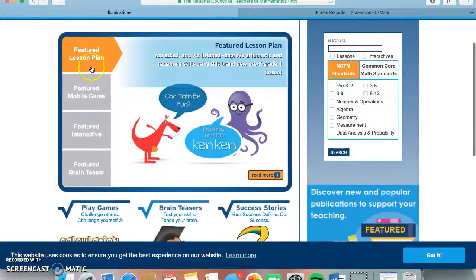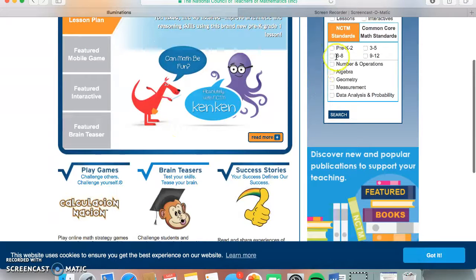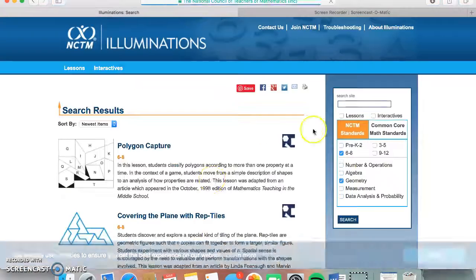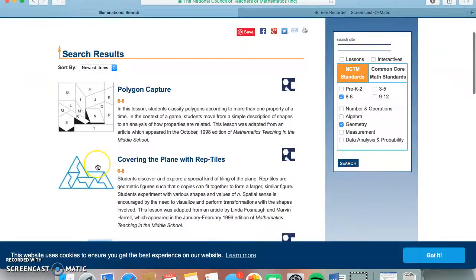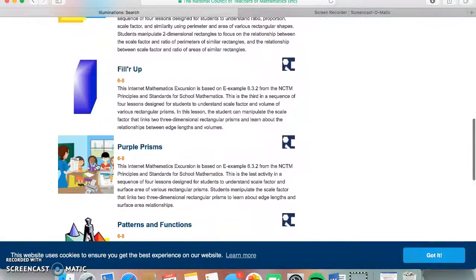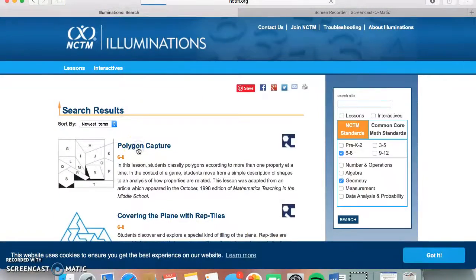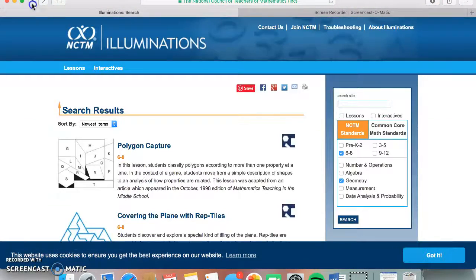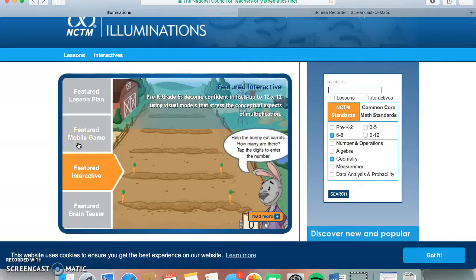So there are featured lesson plans offered about numbers and operations, algebra, geometry, measurement, data analysis, and probability, and you could click on one for the grade. So we can do 6 through 8 and we'll do geometry. And we'll search, and there are different games, lessons, and activities that you can do that are interactive for the students on the board. You have to be a member to access all of these, but they are still really cool, and you can see the different